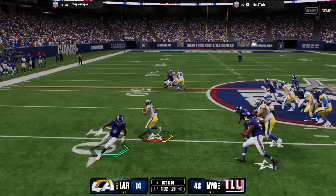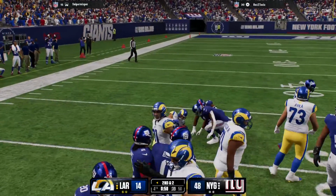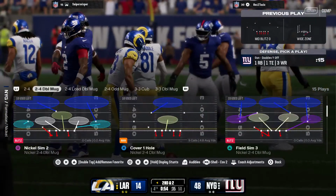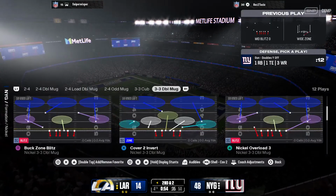On the give, it's Williams. And a nice gain there on first down. He takes it forward for 8 yards. He was taken down at the 50-yard line. 8 yards on the pickup. Brings up second and